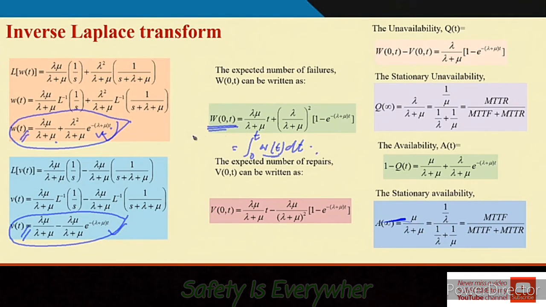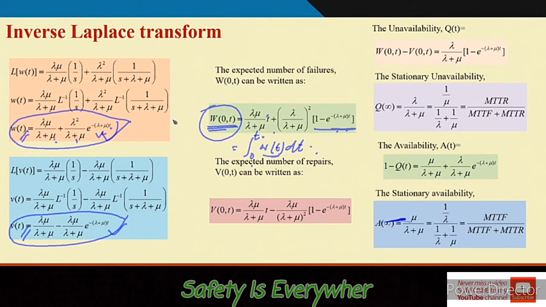If you put it here and take the integration, the first term is lambda mu by lambda plus mu into t, and the second is lambda by (lambda plus mu) square times 1 minus this. If you integrate this from 0 to t, you will get this equation. This is the expected number of failures